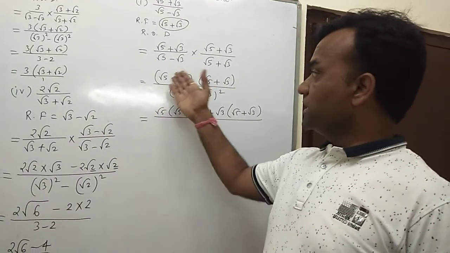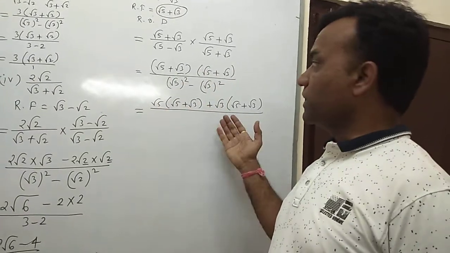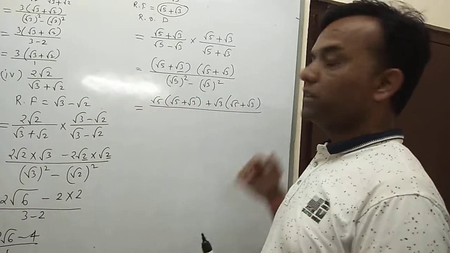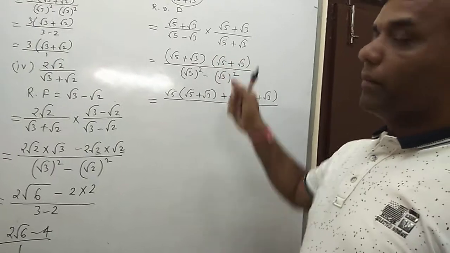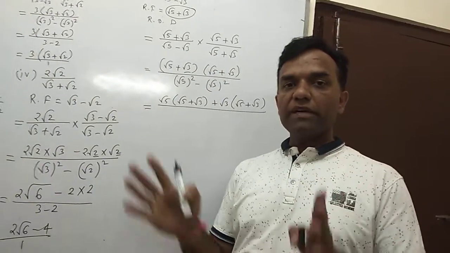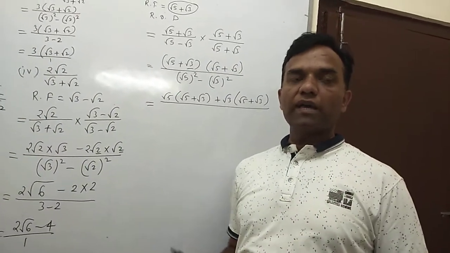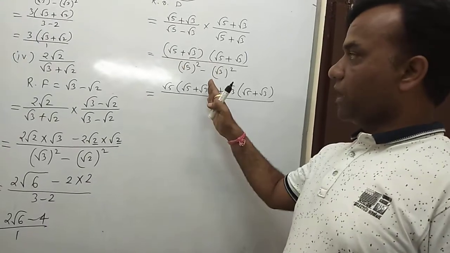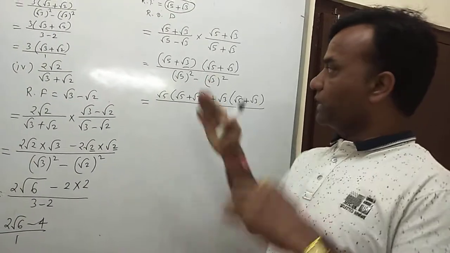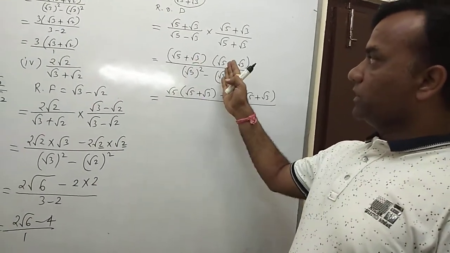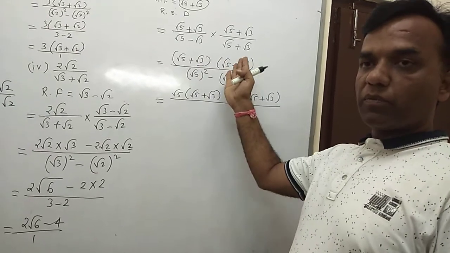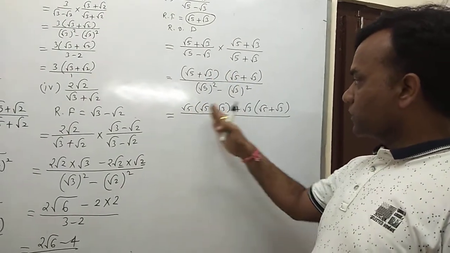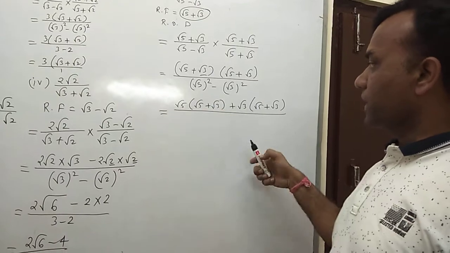But suppose this term and this term are both different, then how you multiply, that is important. Therefore I explain in this way. And always your denominator is the same, because the denominator has the same concept of identity, always a square minus b square. So in the denominator there is no change in the concept, but the numerator is important. The numerator depends on the new number, which number you multiply, then you simplify in this way.